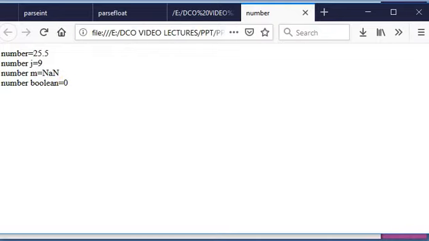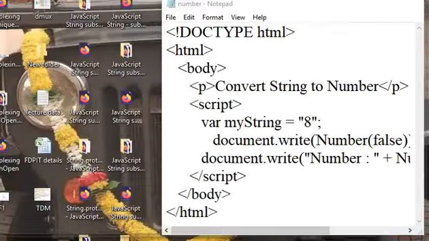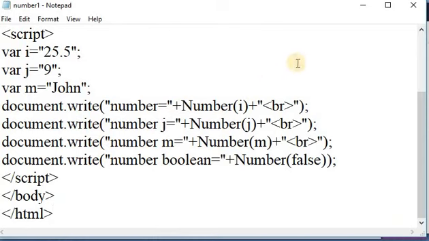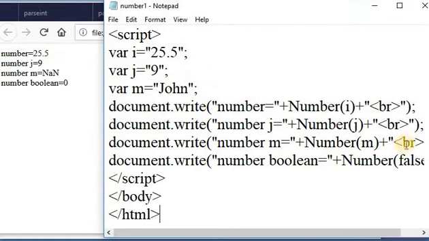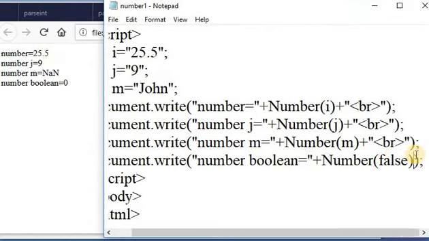Suppose in your program you write the boolean value as true.